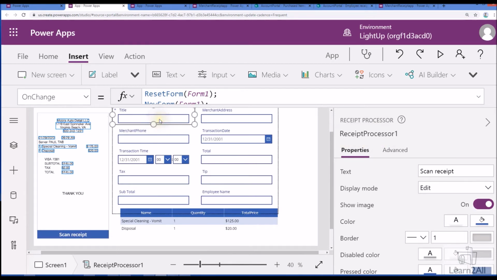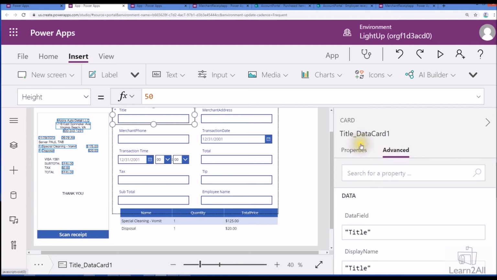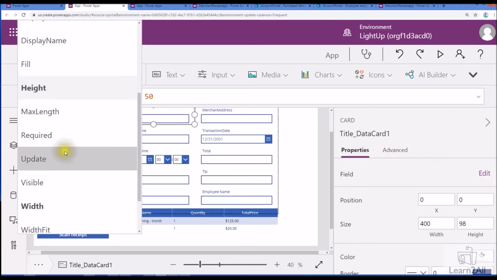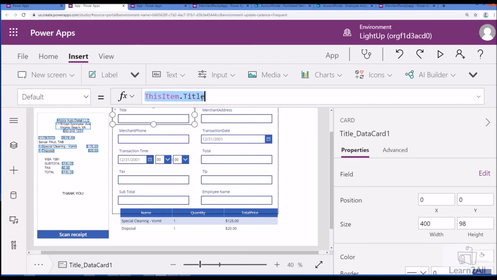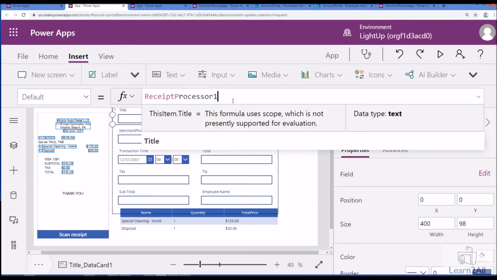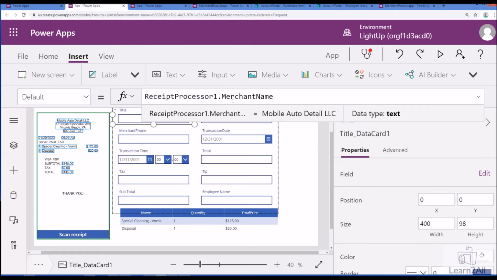So once you click on any of the fields and unlock that field and open the default event, we can add that thing over there, ReceiptProcessor1 dot, we need to show the merchant name. So let's select merchant name. So what it will show is Mobile Auto Details LLC, that has been detected over here, right?